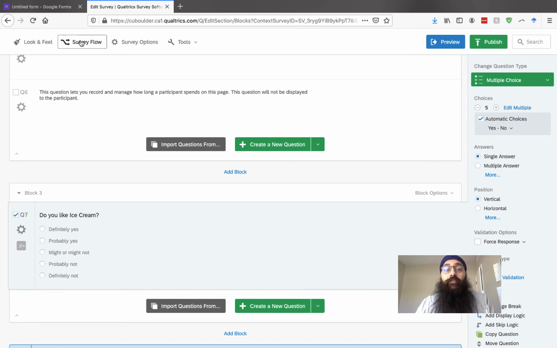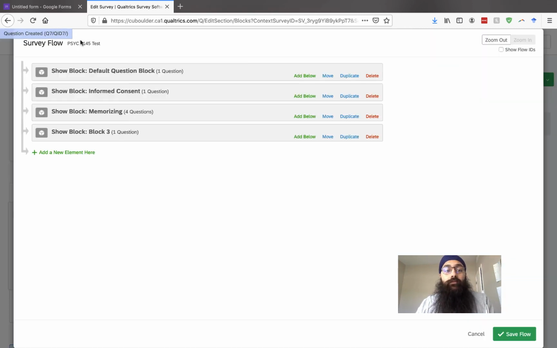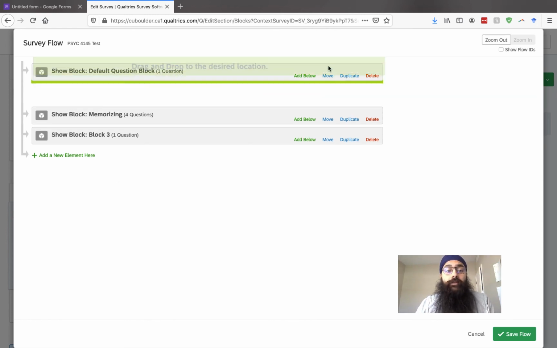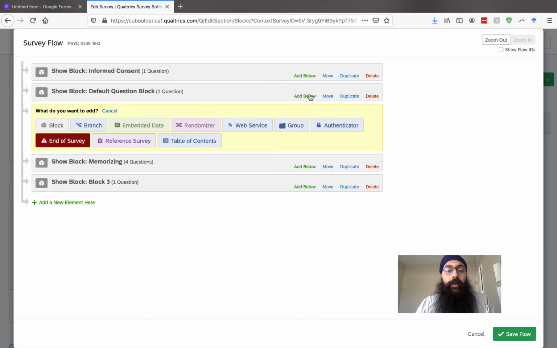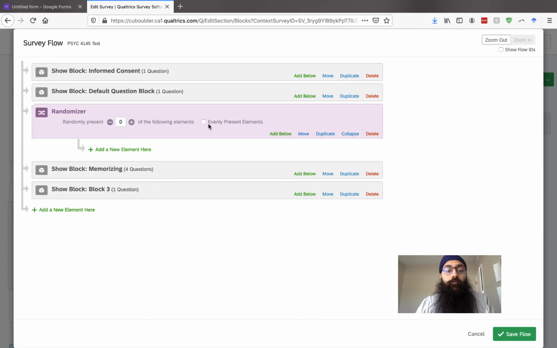Here we can go to survey flow. So we'll click on survey flow, and here they show us all the different blocks that are in our survey. This is why organizing things into blocks can be helpful. For example, I'd want to have the informed consent be at the top, so I'm going to move that to the top of the survey flow. I may want to have a randomization between the memorizing block and the block 3, which was our do you like ice cream question. So I can add below, and I can click randomizer, and then move each of those